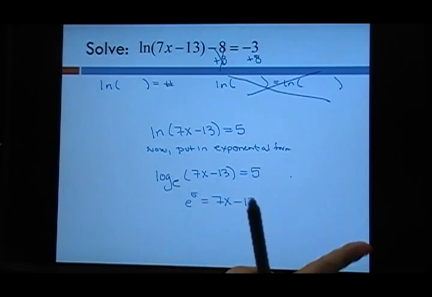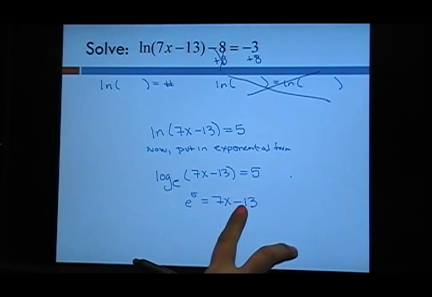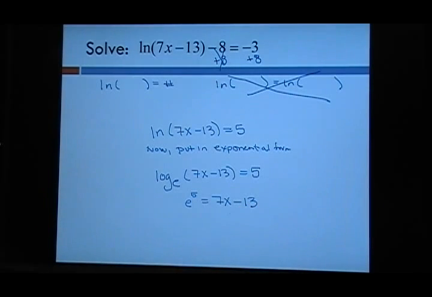It's a basic linear equation, no x squared. So I'm going to add 13 to both sides. So I have e to the 5th plus 13 equals 7x. And then dividing both sides by 7. So I get x equals e to the 5th plus 13 all over 7. So that's my exact answer. And that is approximately,